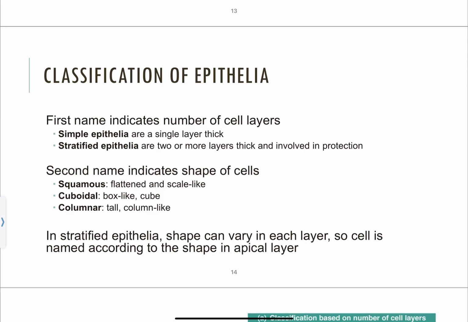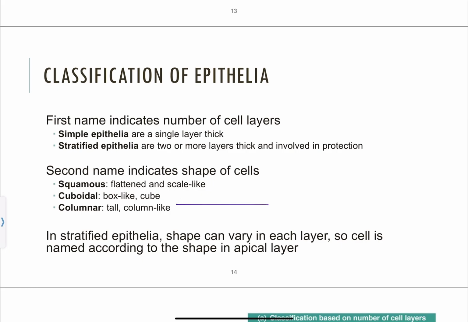It's easier to name cells by looking at the nucleus itself and the shape of the nucleus rather than the outline of the plasma membrane of each of the cells. So the second name indicates the cell shape. Squamous is going to be really, really flat. It looks like a fried egg, if you think about that. Cuboidal is going to be cube shaped, but the nucleus is very spherical. And then columnar, these are going to be really elongated or tall column-like cells, and their nuclei are going to